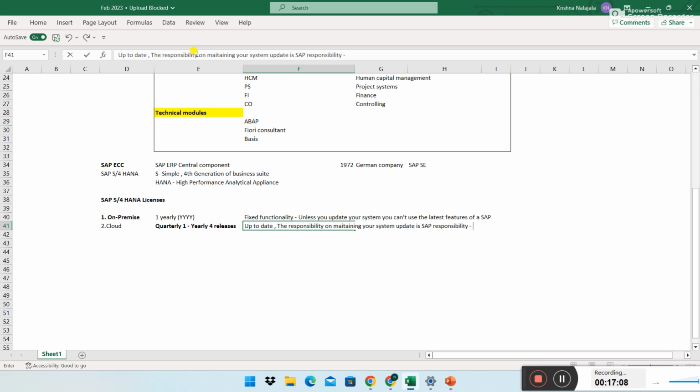And it includes hardware cost also. What does it mean?